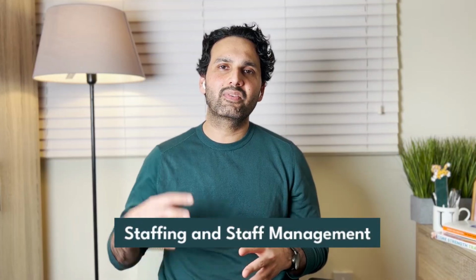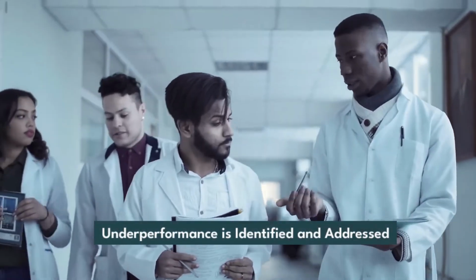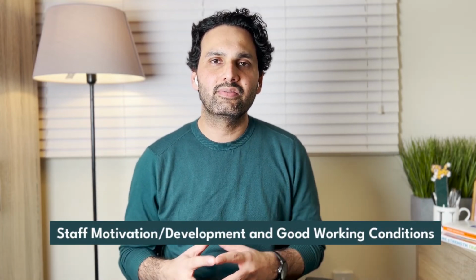And full and appropriate use of the data is made to measure the quality of outcomes, and this could be done through audits. And finally, the seventh pillar of clinical governance is staffing and staff management. And this aspect of clinical governance is about ensuring that there is adequate, skilled, and motivated staff for maintaining quality healthcare services. This pillar focuses on effective recruitment, training, and support for healthcare professionals, and also ensuring that underperformance is identified and addressed. Adequate measures should be taken to promote staff retention by motivating and developing staff and providing good